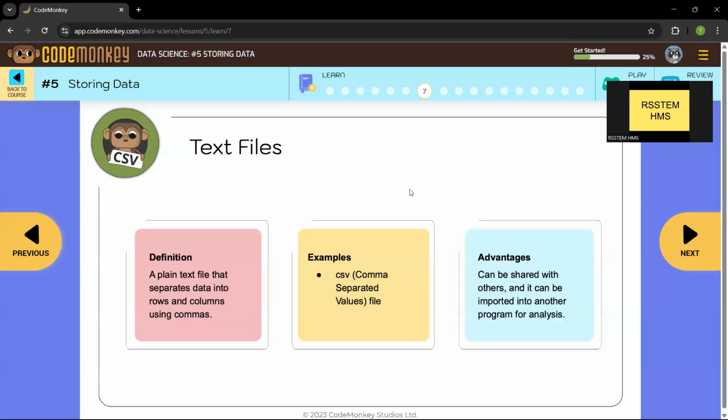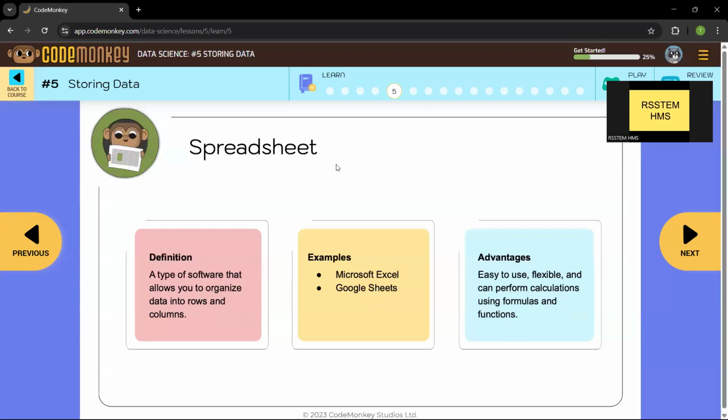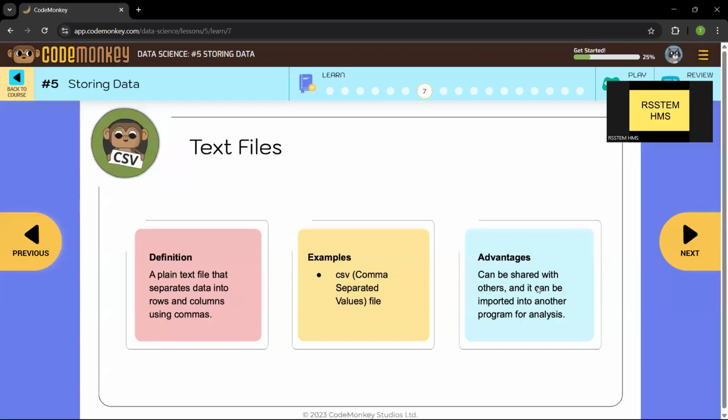For example, let's say I made your results in text files. If I want it elsewhere, I want it in Microsoft Excel in spreadsheet form, I can easily import the text file into Microsoft Excel, and it can also be used for analysis. It can also be shared with others. So text files